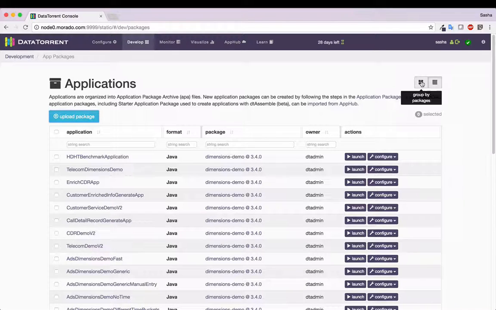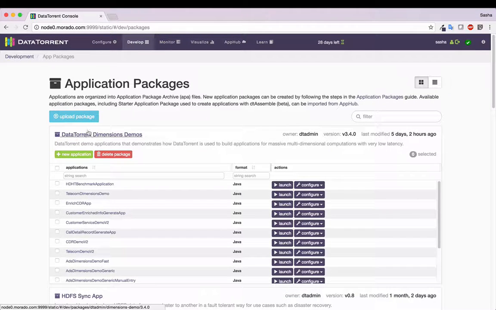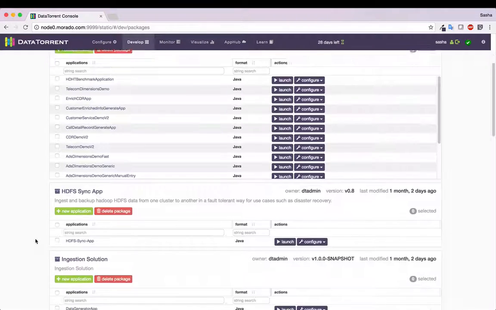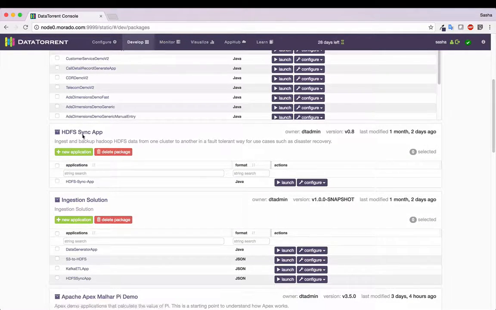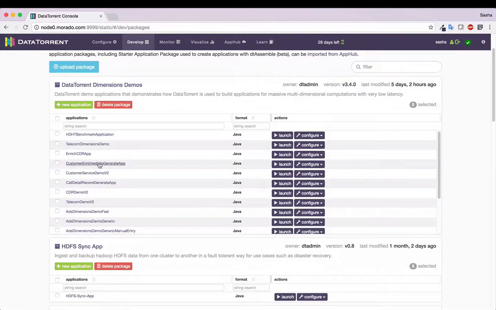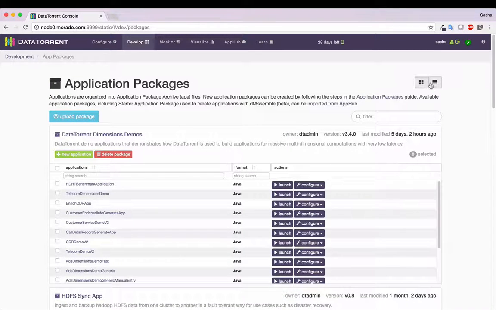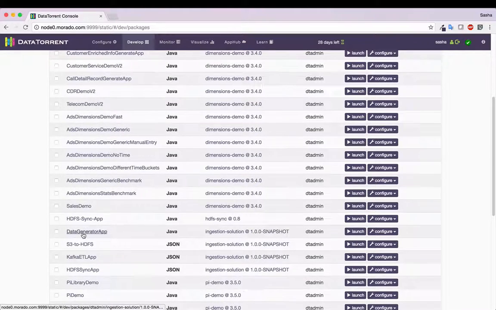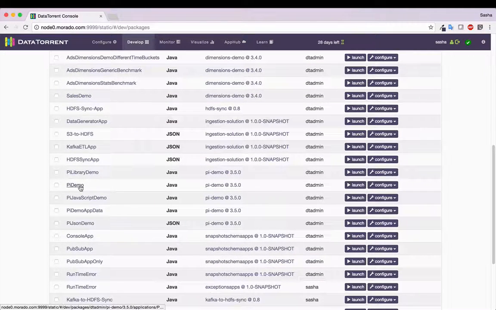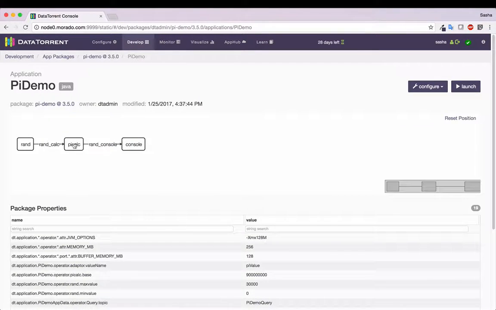Alternatively, we can look at the tile view, which shows us each package as a single tile and applications belonging to that package grouped within it. Some packages may contain only one application, like the HDFS sync app here, but some demo packages may contain multiple applications included inside them. We can also take a look at one of the applications and see the detailed view